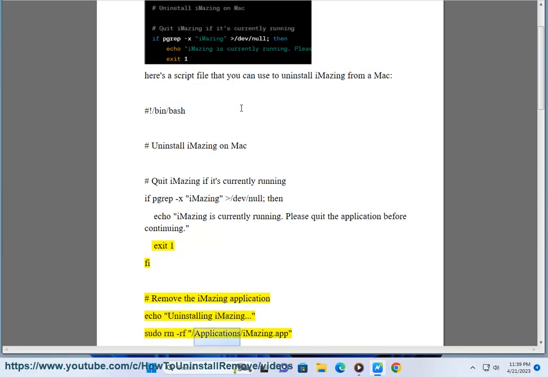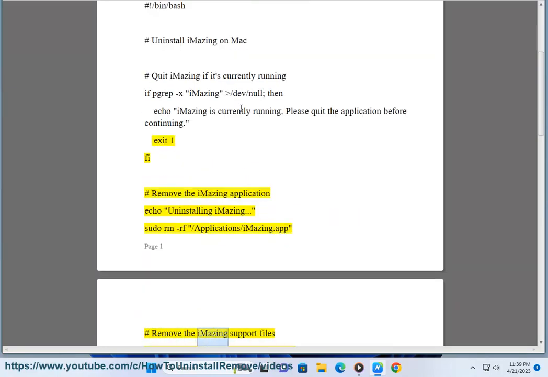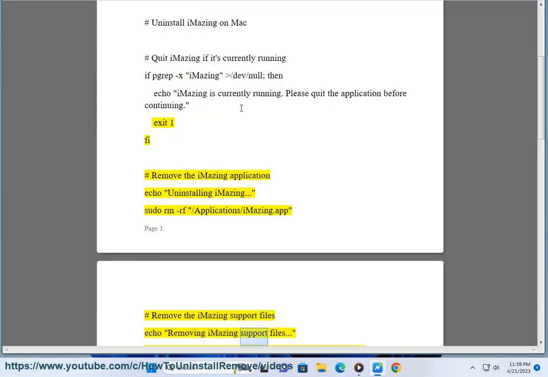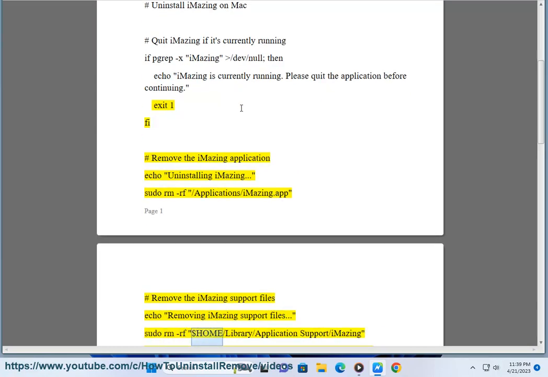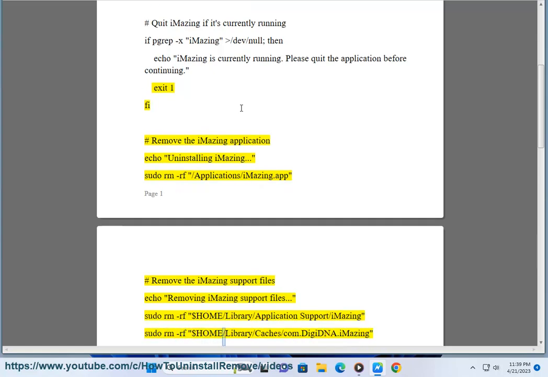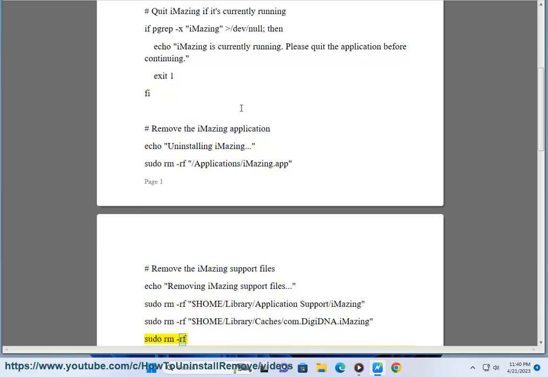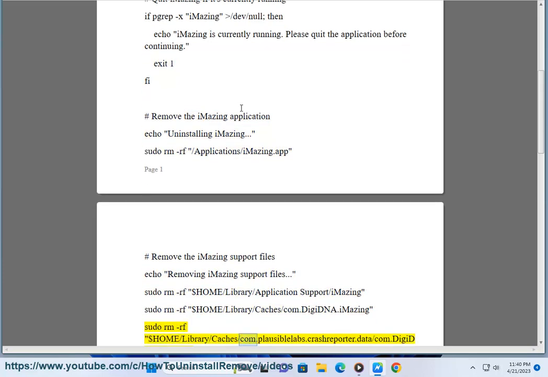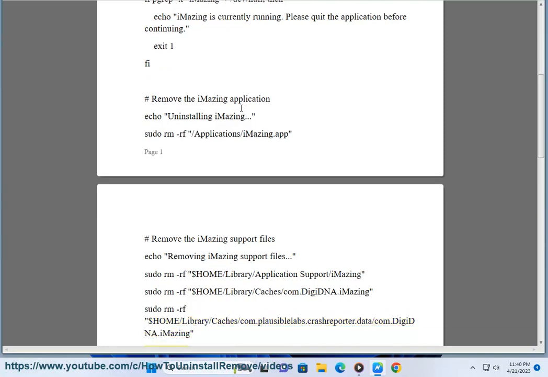sudo rm -rf /Applications/iMazing.app # Remove the iMazing support files echo "Removing iMazing support files..." sudo rm -rf $HOME/Library/Application Support/iMazing sudo rm -rf $HOME/Library/Caches/com.DigiDNA.iMazing sudo rm -rf $HOME/Library/Caches/com.plausiblelabs.crashreporter.data/com.DigiDNA.iMazing